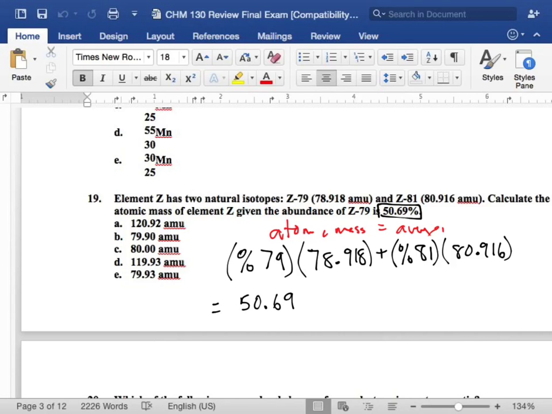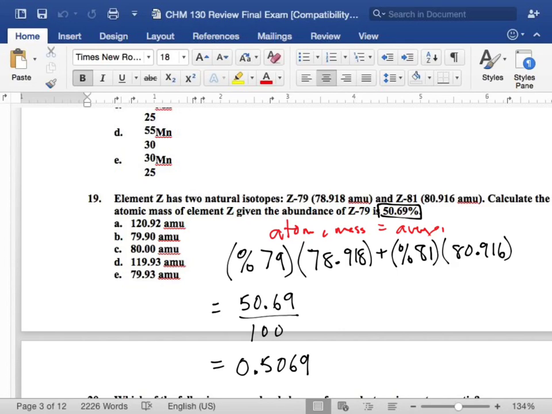Is 50.69 the same thing as 50.69%? No. What does the percent mean? Per 100. That's what percent by definition means. So if I want to do that, I need to put in per 100. As Hunter was suggesting, the other option,